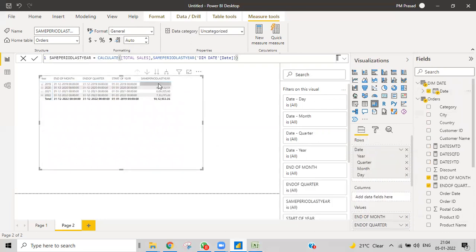We don't have sales for the first year. Can you tell me why? There is no data. Yes. In 2019 we have data, but it is calculating for same period last year, meaning 2018, one year before.